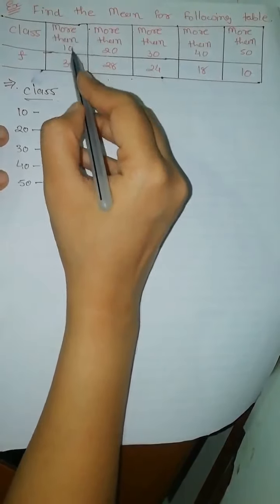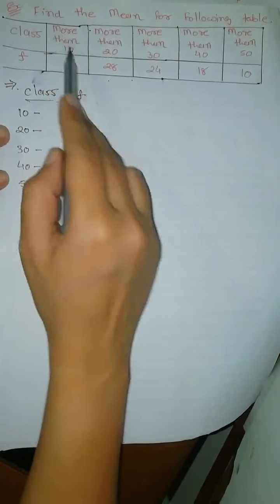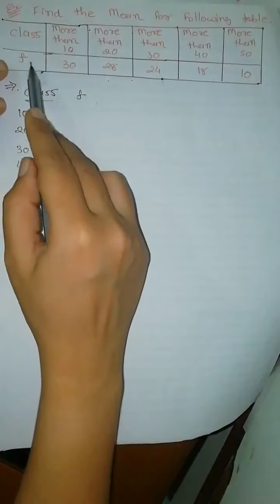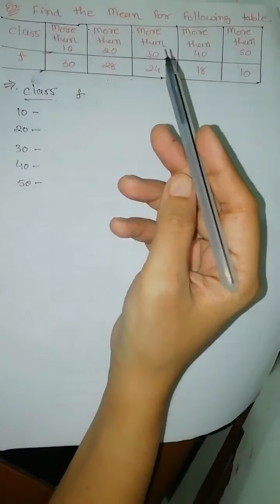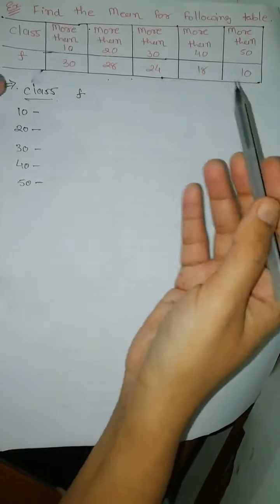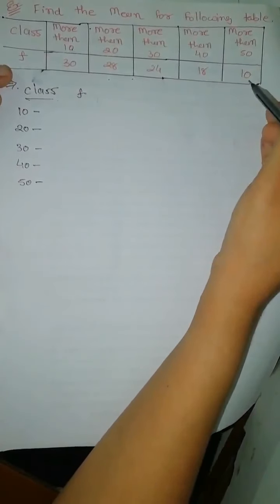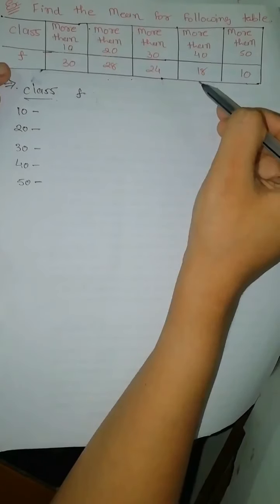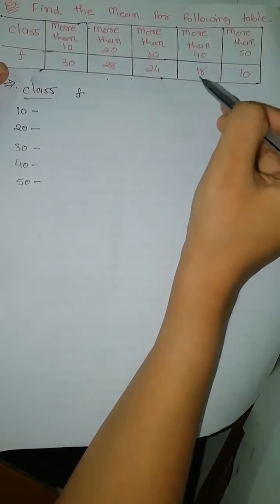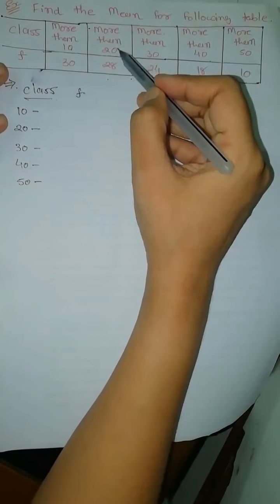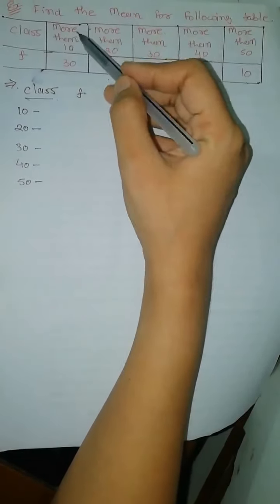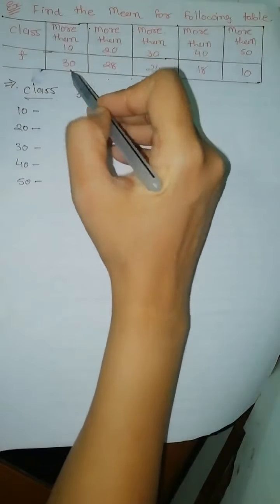As per more than 10, if you observe, the frequencies are increasing, but given in descending order. Let's say for more than 50, the frequency is 10 and the previous value is increased by 8, so it is 18 because it's more than 40. In more than 30 it is 24, more than 20 it is 28 and more than 10 it is 30, right? So you can find these values in this format.